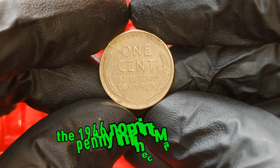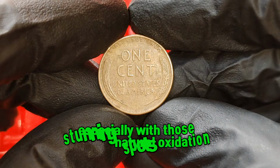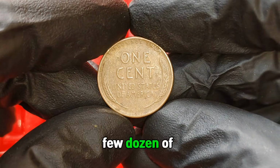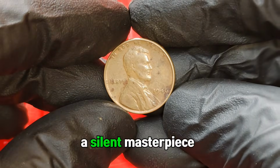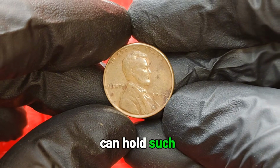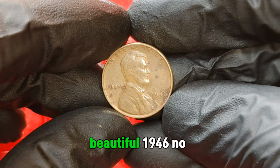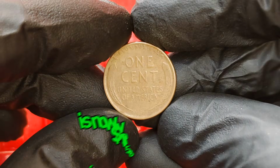The 1946 no mint mark wheat penny in fine condition, especially with those stunning natural oxidation spots, has become a collector's dream. Fewer than a few dozen of this caliber are believed to still exist in private collections. Each one is a silent masterpiece of American minting and a symbol of how something so small can hold such unimaginable worth. And here's the moment that will make your heart skip a beat. One of these beautiful 1946 no mint mark wheat pennies in fine condition, shimmering with that dark antique finish, is now valued at a jaw-dropping